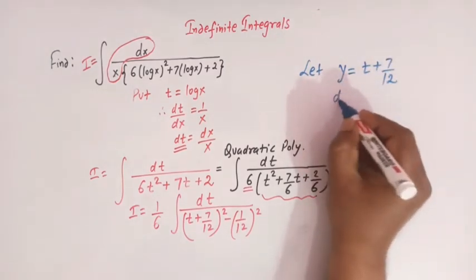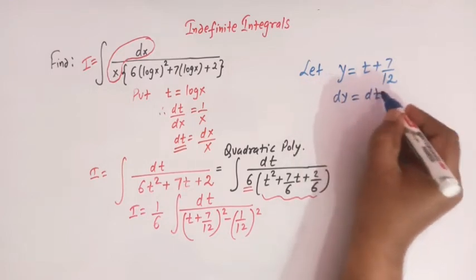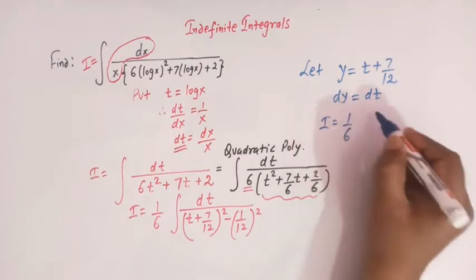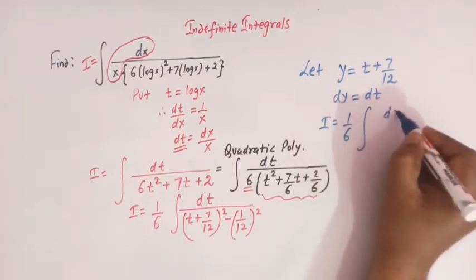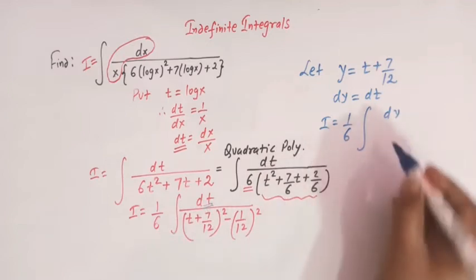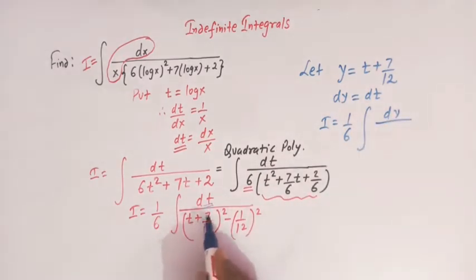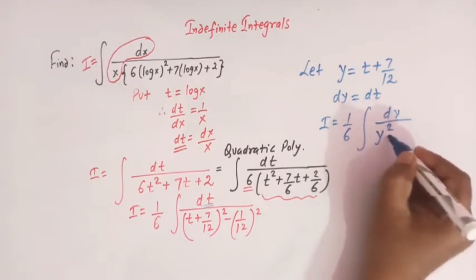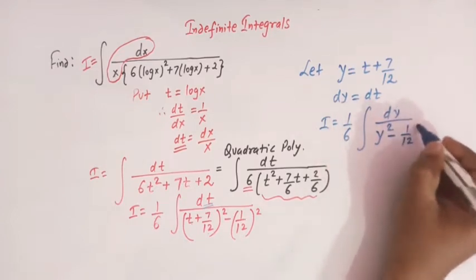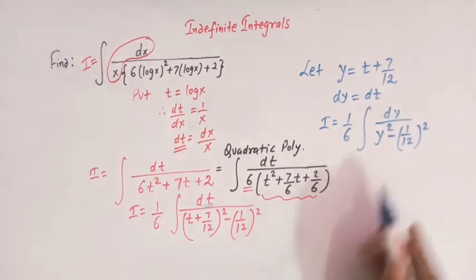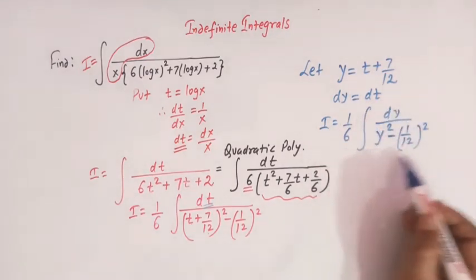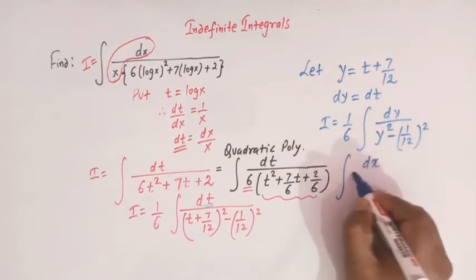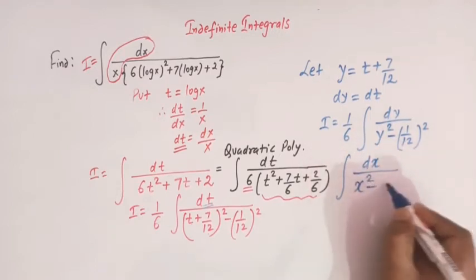So now dy is simply equal to dt, and now this integral I can be written as 1 over 6, and we have dy for this dt, and for t plus 7 over 12 we can write y, so we have y square minus 1 over 12 square, right? So now we see that this form is similar to this form, that is dx over x square minus a